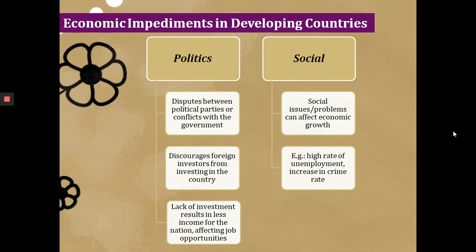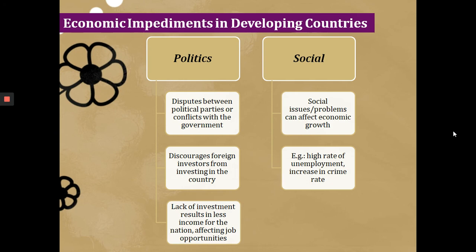So what happen kalau lack of investment? Okay, dia akan result in less income for the nation. Of course, it will affect the job opportunities as well. Okay, sebab investment tu is part of the income. At the same time, bila orang invest dalam projek-projek pembangunan, okay, so diorang akan buat banyak building baru kan, banyak jalan raya baru. So it will create job opportunities. Tapi kalau tidak ada orang invest, maksudnya the investors themselves, they refuse to invest. So it means that it will affect the job opportunity as well lah.